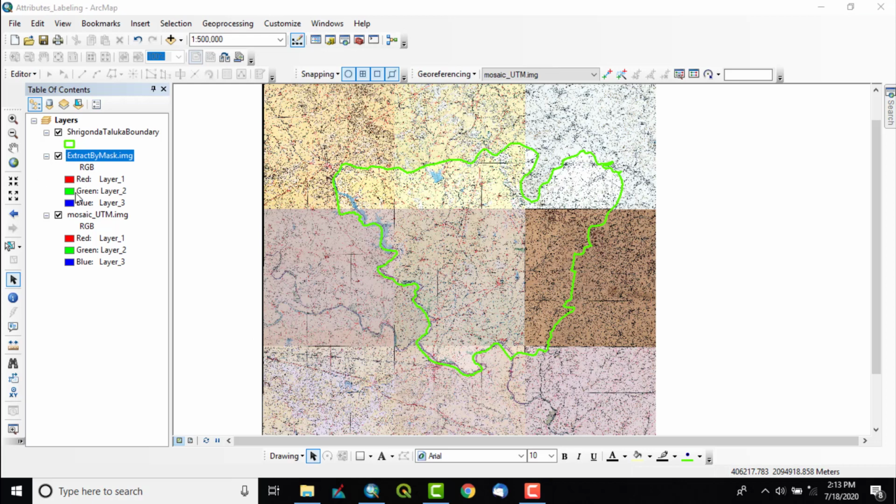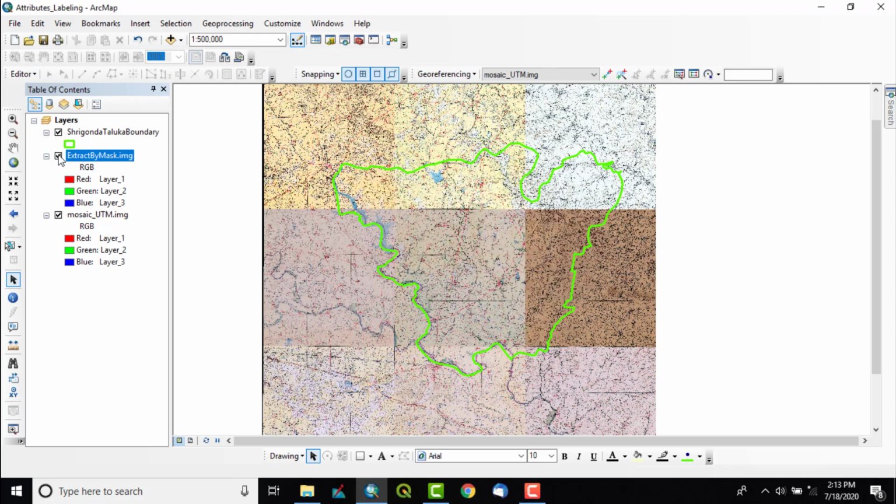So you can see the new raster has been added. So how am I going to know what happened? So I will just uncheck this mosaic file, mosaic UTM, which is a raster file.